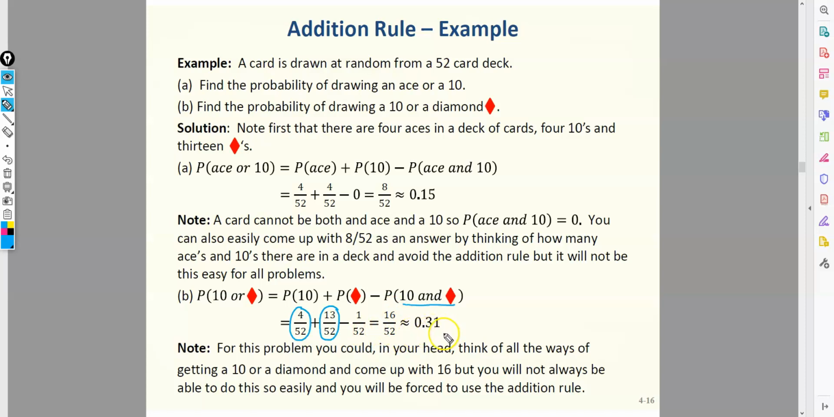And that's our probability, or 31% chance. Now, think back to the deck of cards and how it's structured. This will give you a good understanding of why we have to subtract off this probability of 10 and a diamond. So if you go back to our deck of card picture,